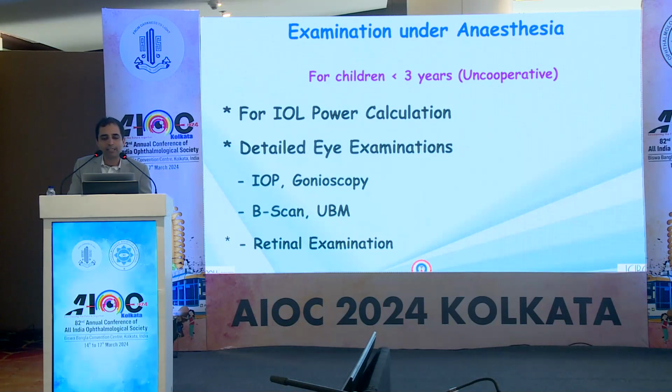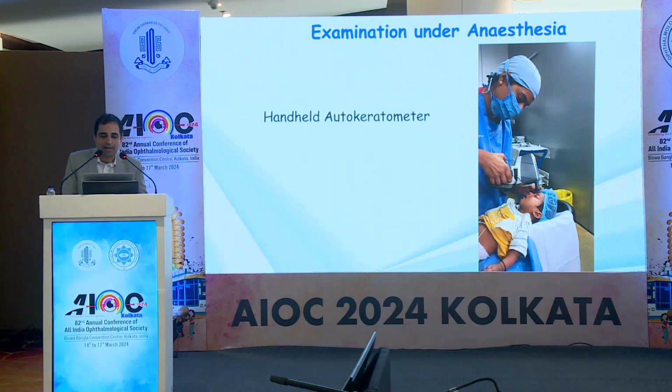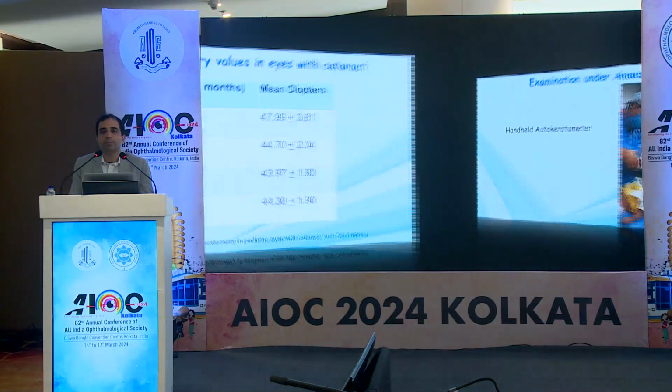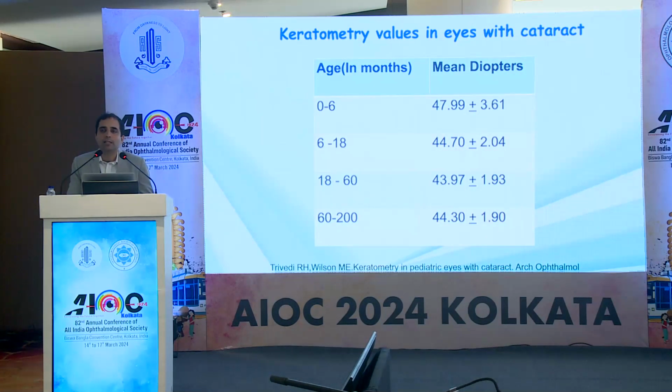And therefore, they are likely to require examination under anesthesia, not just for IOL power calculations, but to actually also look at the eye, whether it's actually a cataract or a fetal vasculature, retina, gonioscopy, glaucoma, and so forth. And if possible, the best way to measure the keratometry would be using handheld autokeratometers. And if you're unable to access that, if it's a relatively otherwise normal eye, you can also go for the standard case based on the age-matched normative database that have been published way back in